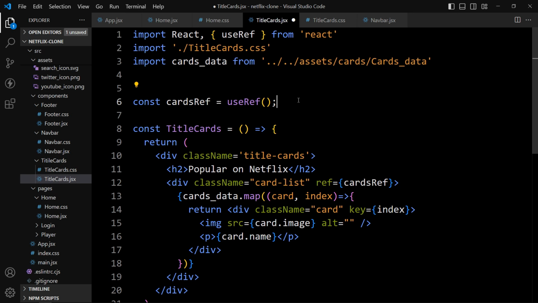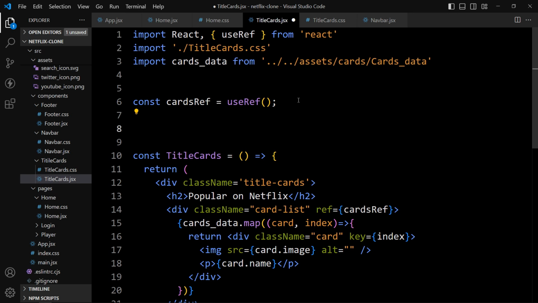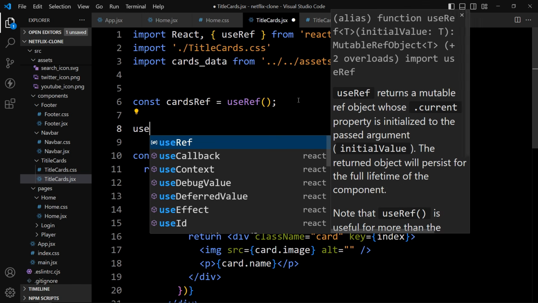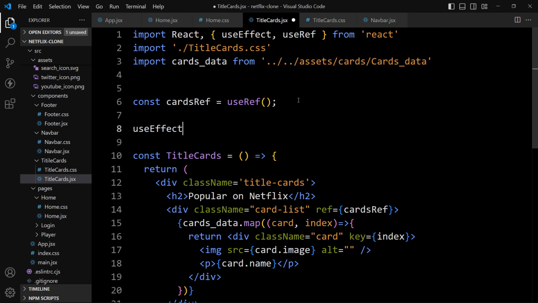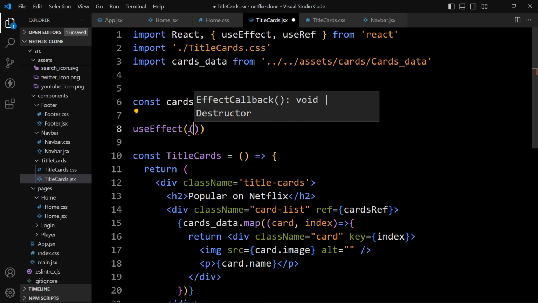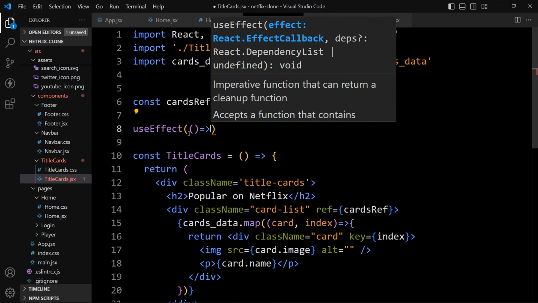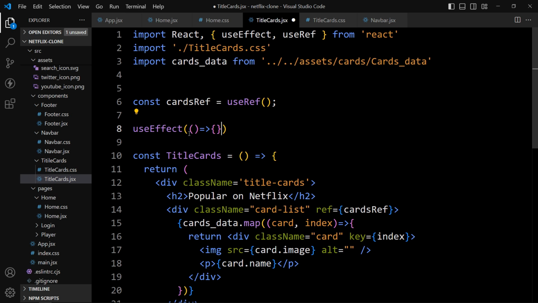Now here we'll add one useEffect. So just add useEffect. So this useEffect has been imported. In this one, we will add one arrow function, and after that we'll add a square bracket. So this arrow function will be executed whenever the component is loaded.